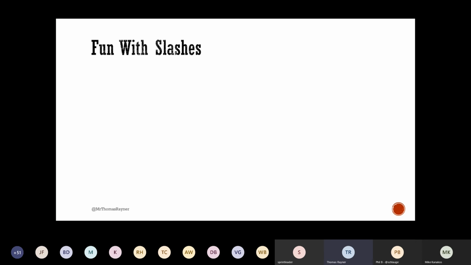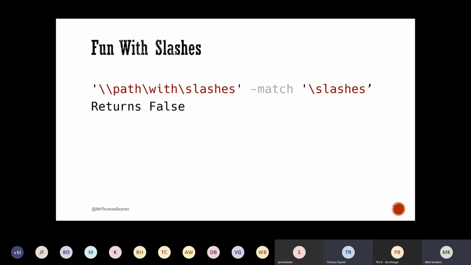And so the chat was talking a little bit about escaping and how some of that works. So let's consider this example. This one right here. Does this return true or false, given everything you know about regex so far? Whatever you came in with and what I've taught you here, we've got our pattern right here, a backslash, then slashes. Visually, I can see this, a backslash, and then slashes. So make a bet with yourself. Does this next line right here where the laser pointer is, does that return true or false? 3, 2, 1, it's false.